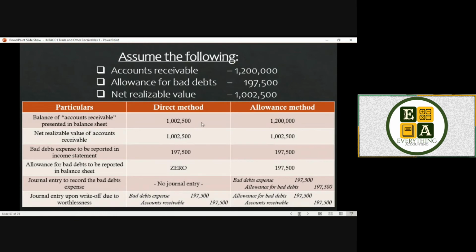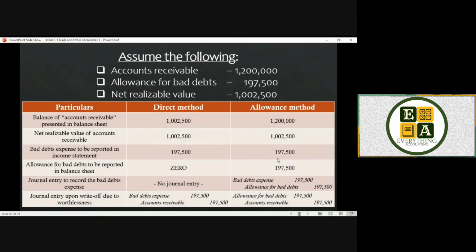Direct method, yung direktang NRV yung ipipresent mo. But for allowance method, yung 1,200,000, yung makikita mo sa FS. Okay? Makikita mo sa FS. Then, yung net realizable value, the same lang yung direct method and allowance method. 1,002,500. Yung bad debt expense na i-report sa income statement will be the 197,500, both allowance and direct method, assuming walang